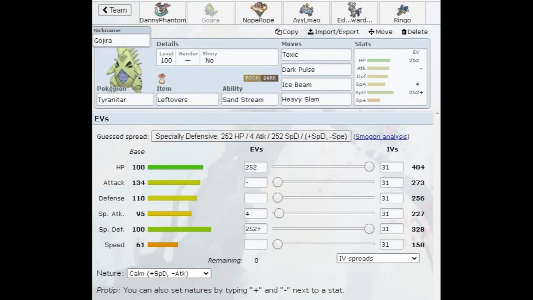I even had an interesting idea of a defensive Stoutland as well. I know you have a lot of physical offense, so I thought maybe Intimidate Stoutland would be a pretty interesting bring. But the thing just wasn't quite powerful enough to nab KOs. It didn't quite have the same kind of coverage like Tyranitar was able to provide here. So, yeah, that was